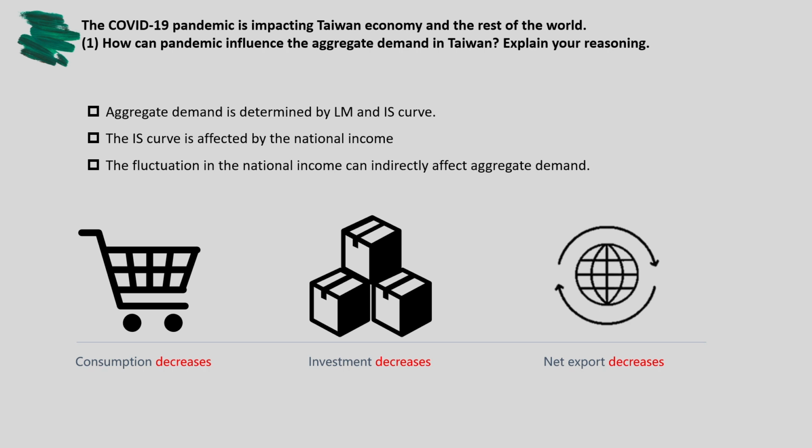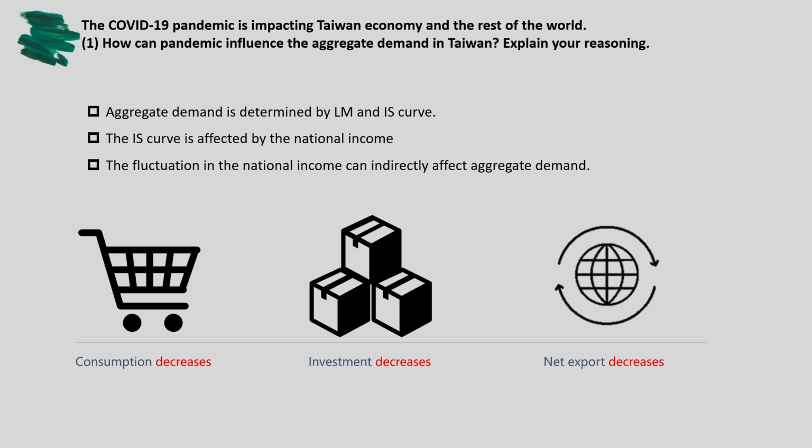Today I'm going to share with you my answers. The first question is about how the pandemic would affect the aggregate demand curve in Taiwan. First, we should know that the aggregate demand curve is determined by the LM and IS curves. And because the IS curve is affected by the national income, the fluctuation in the national income can indirectly affect